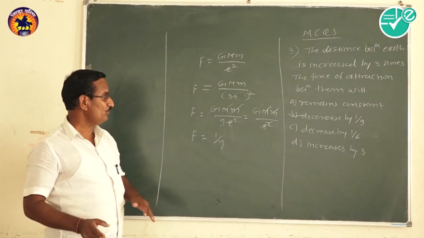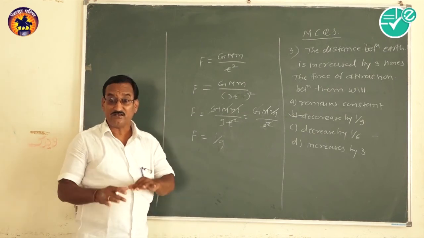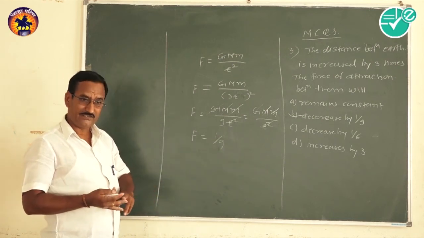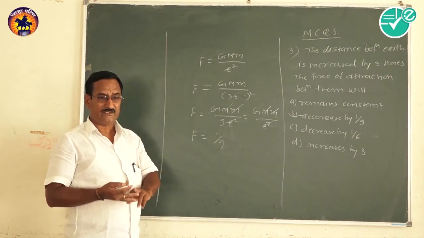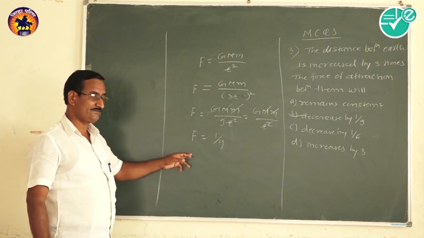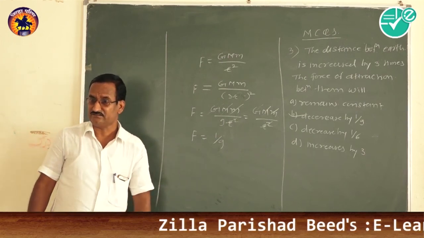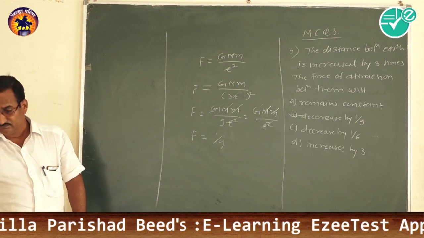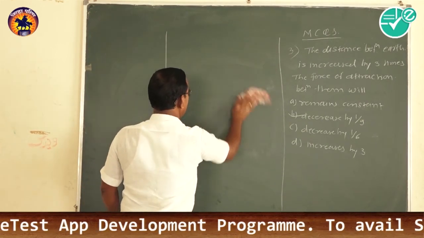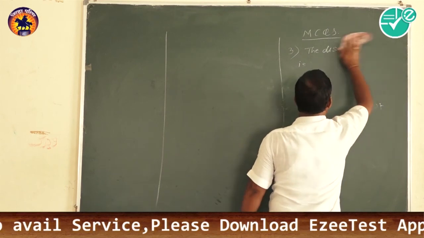So many MCQs are prepared from the articles on Newton's law of gravitation and gravity at height h on the surface of earth. On such articles, many MCQs are asked in examinations like NEET, CAT as well as JEE Mains. Then from these articles, we also see the second article, that is the critical velocity of satellites. That critical velocity of satellite is